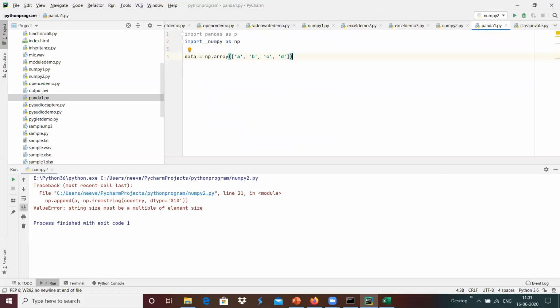d over here. Since this is a series, which is a homogeneous array, we have to give the same data type over here.